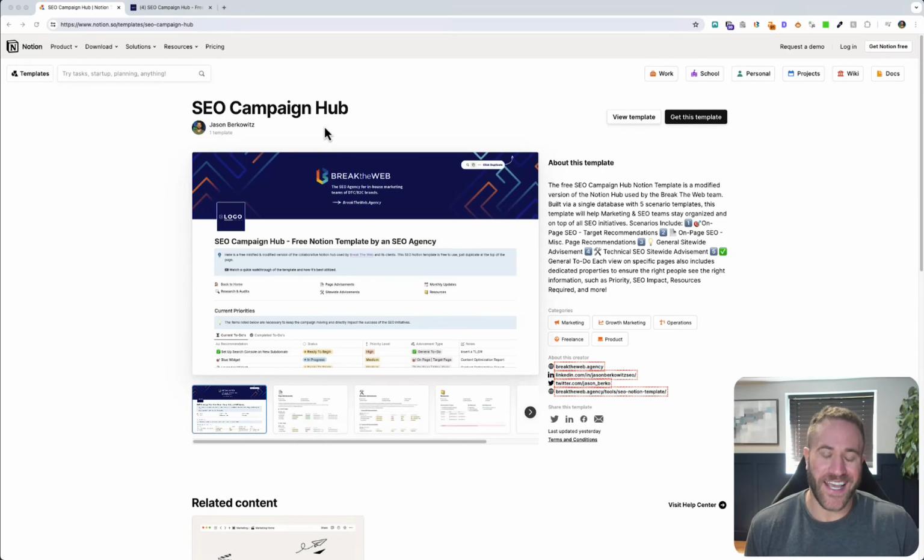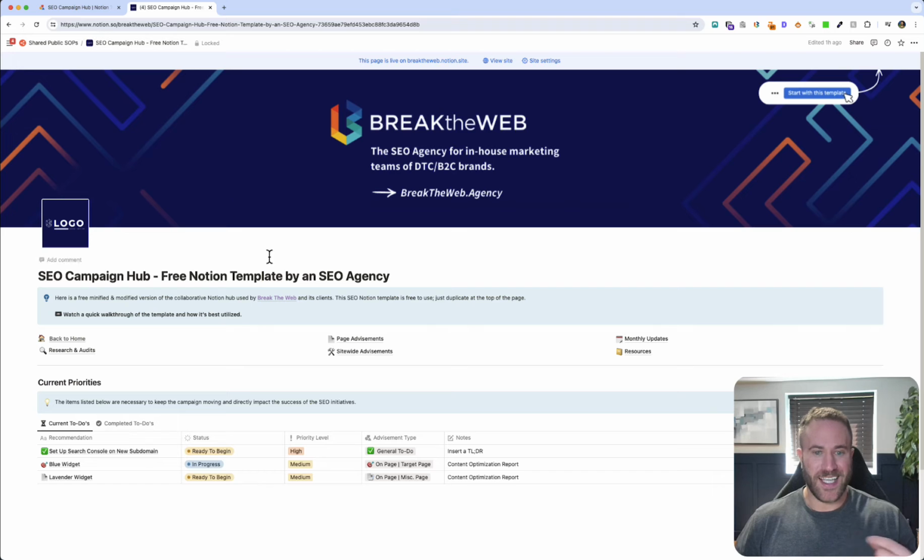This is the Notion SEO Campaign Hub, an official Notion template that you can find on notion.so in their template library, allowing you to make collaboration for SEO execution as easy, seamless, and minimalist as possible. This is a modified version of the same template we use for our clients here at Break the Web to ensure that, again, our main points of contact have all the information they need for proper SEO execution, delegation, getting